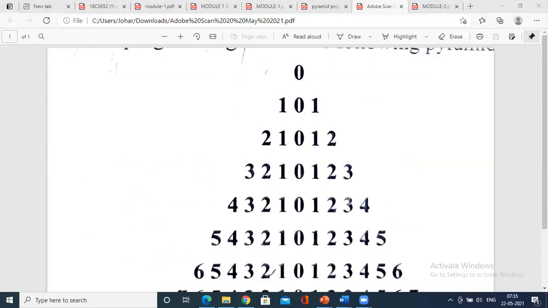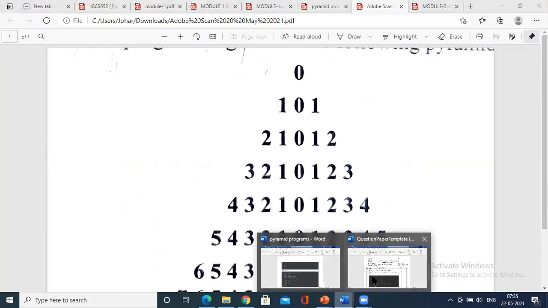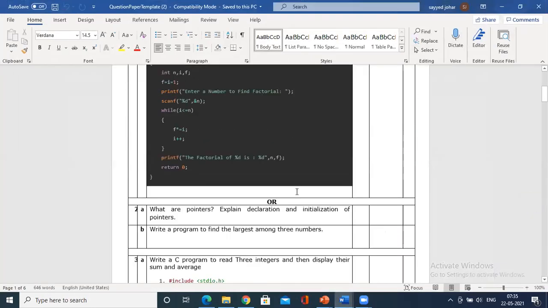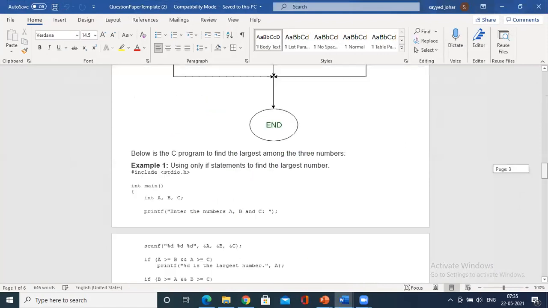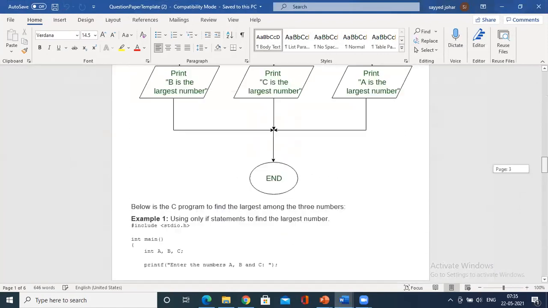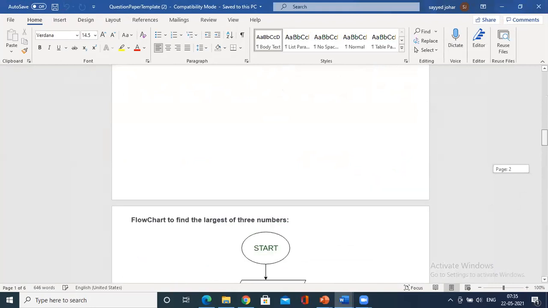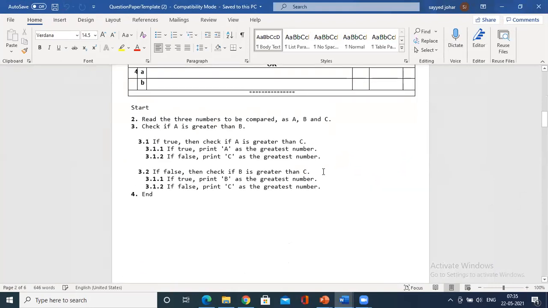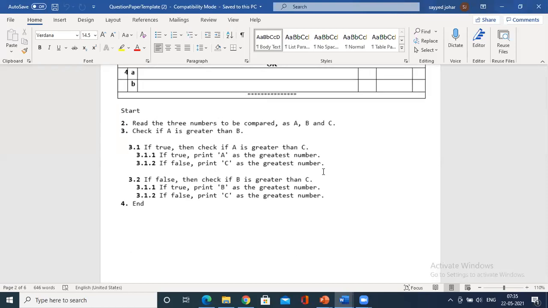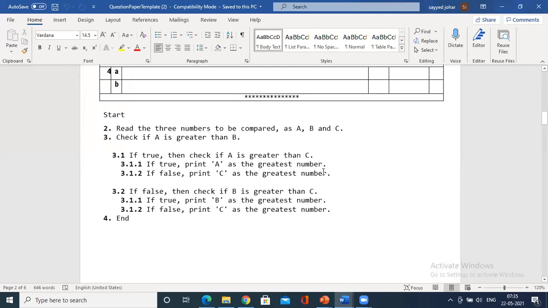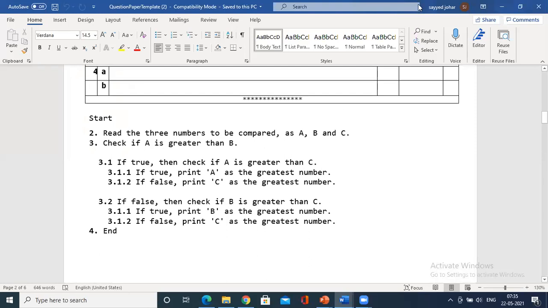Before that, a very simple program, so that you are aware of it: finding the biggest of three numbers. If I ask you in the internals, you should be able to explain that. If I ask you to find the biggest of three numbers, how do you find it? We have an algorithm and we have a flow chart for it also. Given the three numbers, you need to compare whether A is bigger or B is bigger. Before you start the pyramid program, this is just to brush up on the basic thing.